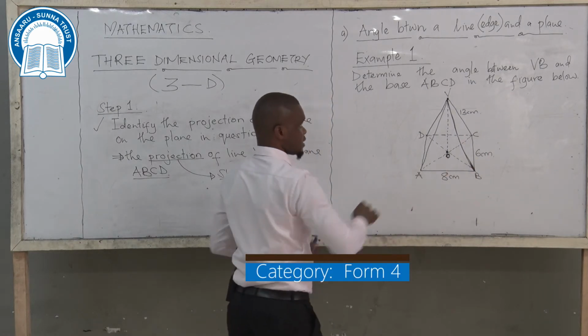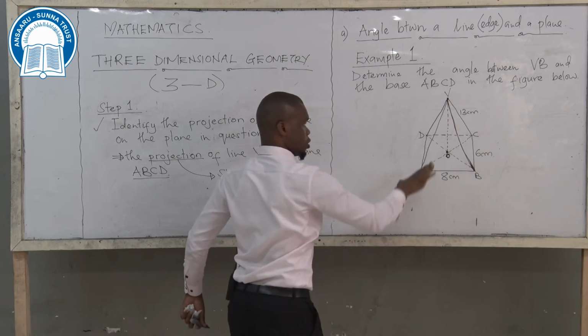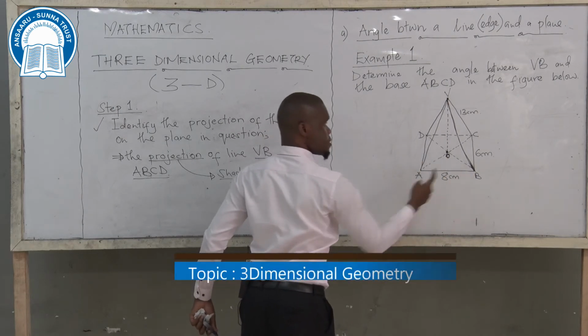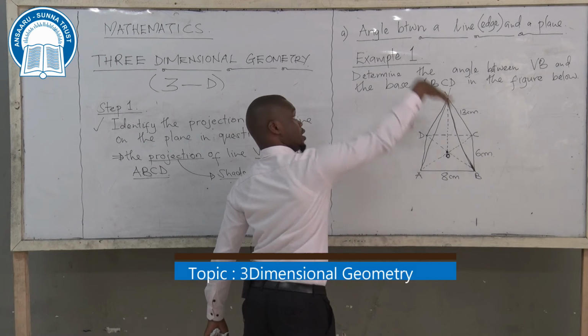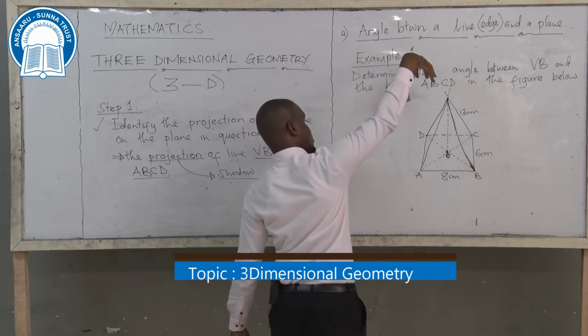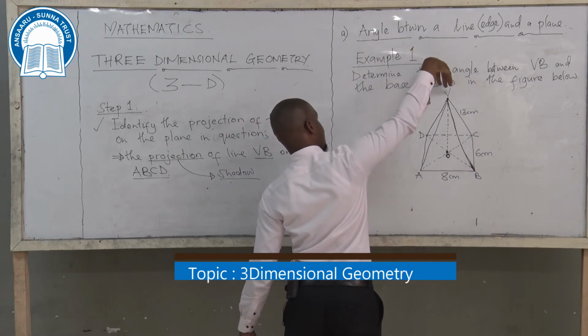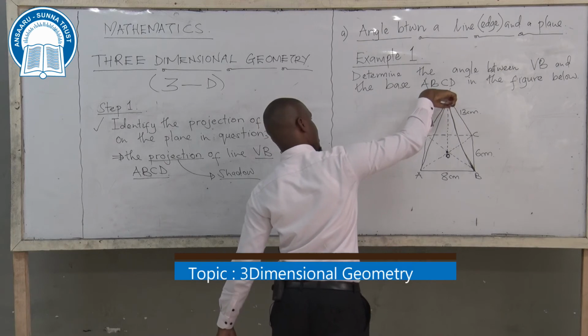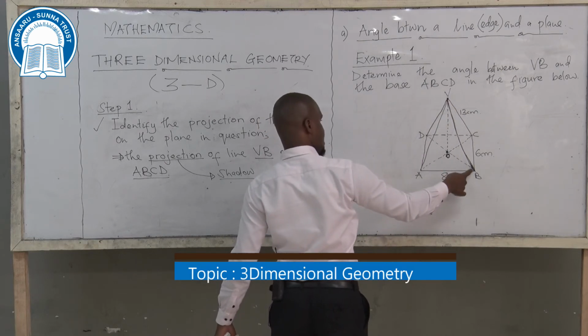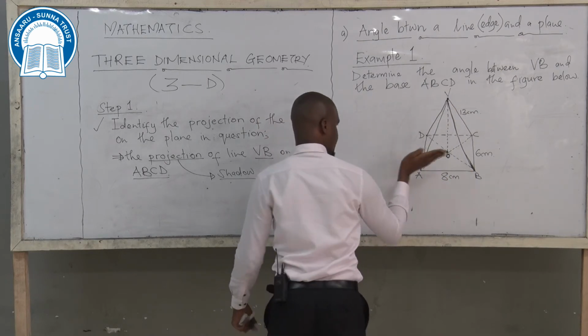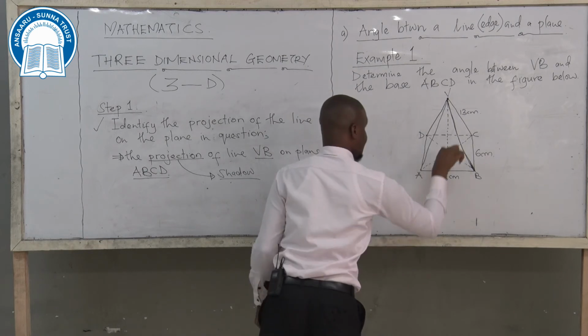So I'm saying that VB's projection on the plane should be OB. VB. If you're illuminating or you have light from the top, then the shadow of VB would go from B to point O, not beyond point O. So like in this diagram,